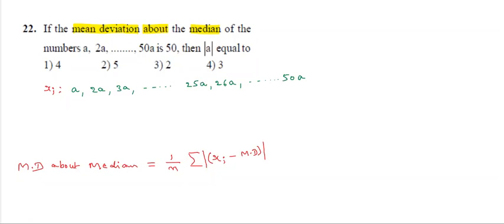Middle value, so how to find the median? Suppose 3, 6, 7, 8, 9. These are 5 observations. First write them in either increasing or decreasing order. These are in increasing order. What is the median? 7, the middle value. Suppose one more value is added, then what is the median? It is the average of the middle values. So the median is 7 plus 8 by 2.